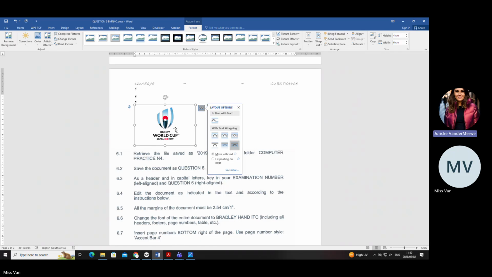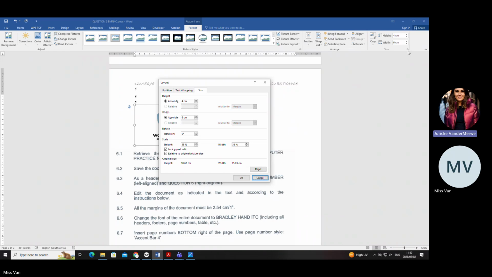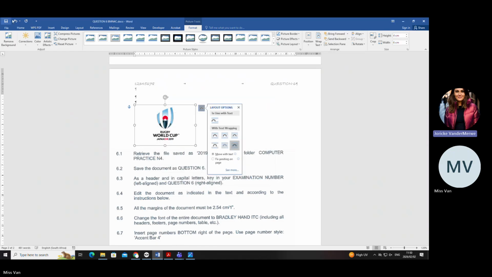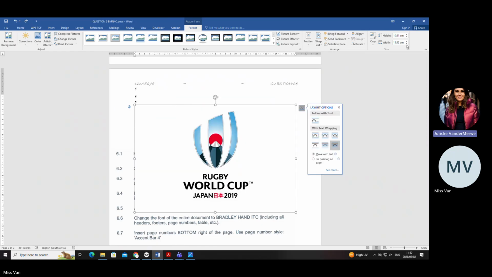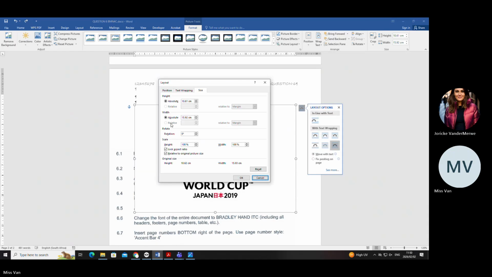All right? But if they ask you for the height and the width, you must take the lock aspect ratio off. Because if you remember, quickly look at how it did look. The width was 15.92. I only changed the height. Now can you see the 6 centimeters automatically go in, we call it ratio.